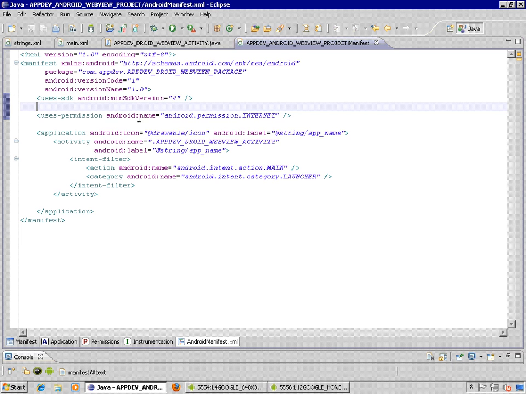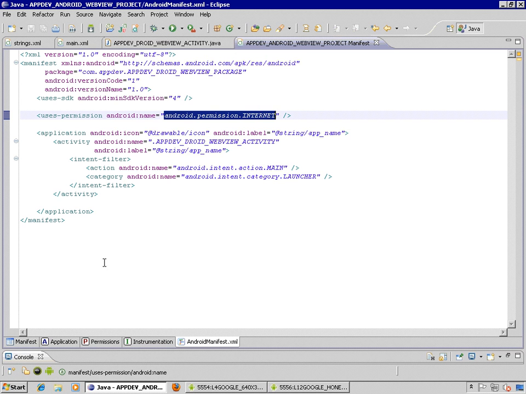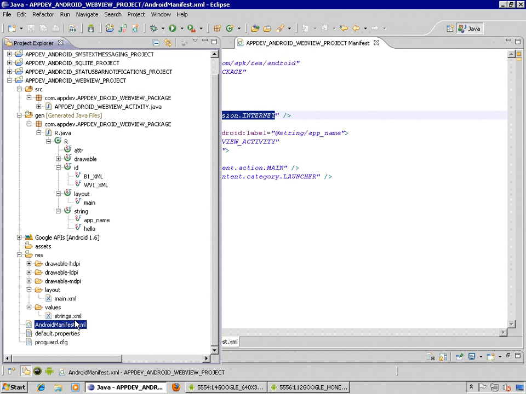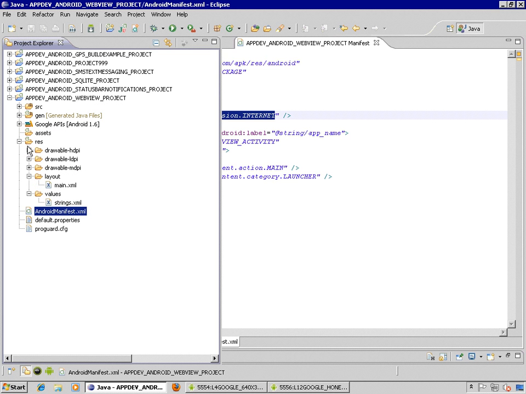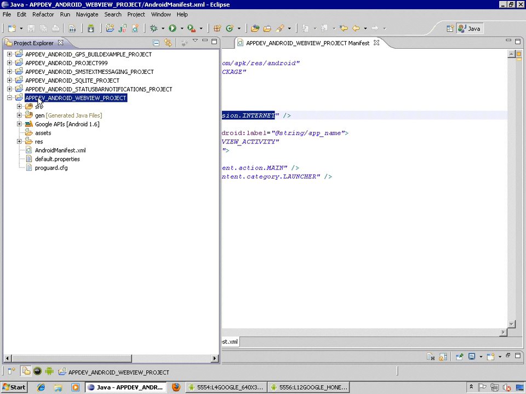Okay, so now that we know that we can access content on the internet, let's take a look at how we can access content locally. So from the Project Explorer window, we're going to look at not the Gen folder, not the SRC folder, not the RES folder, but the Assets folder that we haven't really used before. So we've talked about the template for an Android project, a mobile phone project. We talked about how there's an SRC folder, and that contains all the Java stuff that we write. There's a Gen folder, and that contains all of the